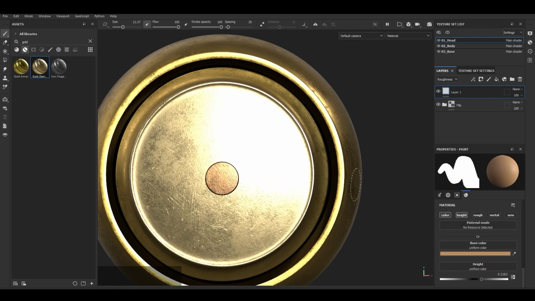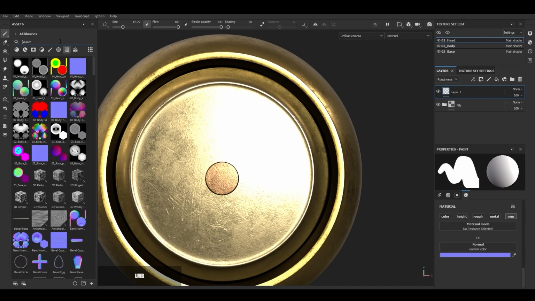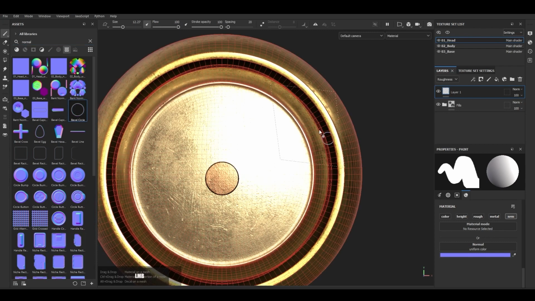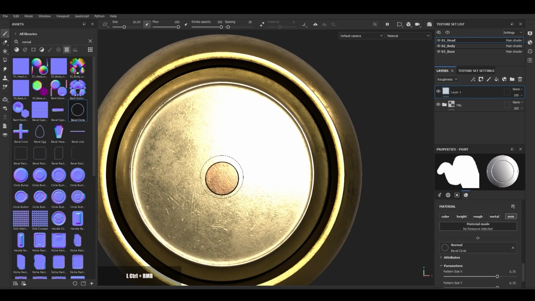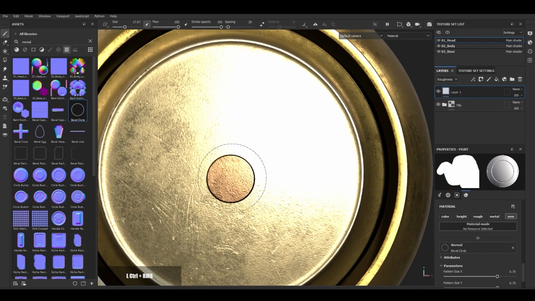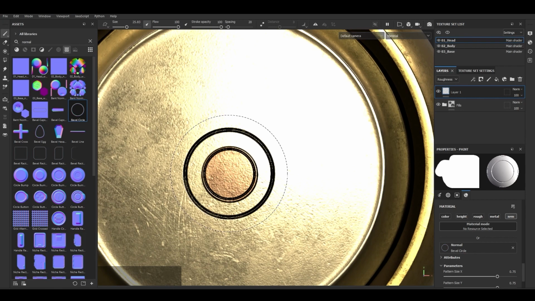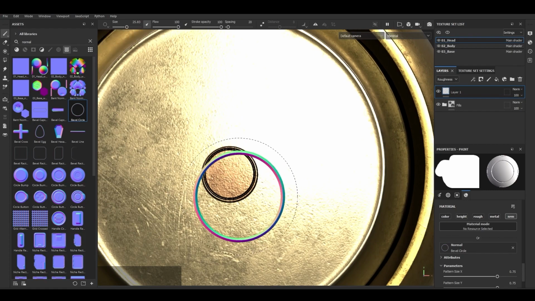So the way I'm going to do those is by using a normal map. So I'm going to disable the color and the height and just use a normal map. And now we can search in the textures tab for normal, and we see that we have a beveled circle. Now I'm going to increase my brush and just try to be as accurate as I can. Something like this, and afterwards maybe something like, or let me just use the full preview for now,